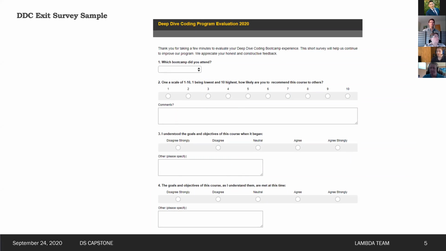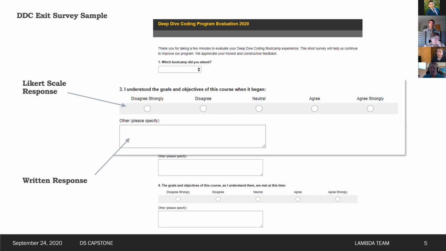This is a sample of a deep dive coding exit survey. This sample outlines the orientation of how the questions were presented. Almost all of the written responses were paired with a Likert scale partner. A Likert scale is a measurement of agreement with a statement or question. There were a few questions that asked for a lone written response, and these questions were optional, so only the Likert scale answers were mandatory. This is important because it means that most of the sentimentality data is in the Likert scales.